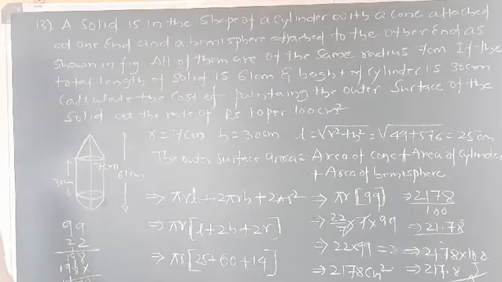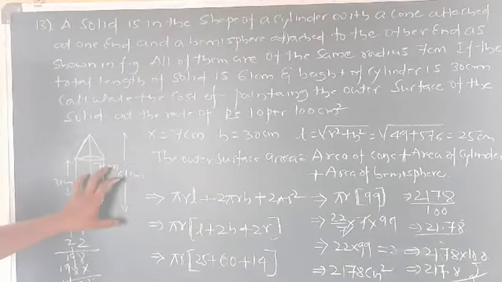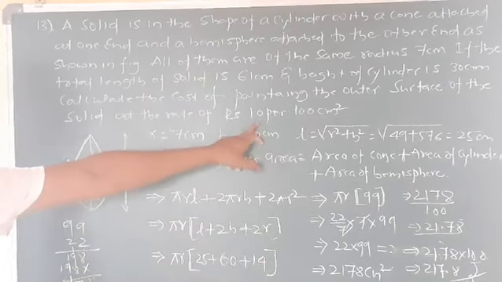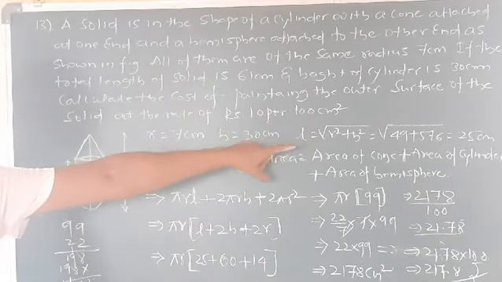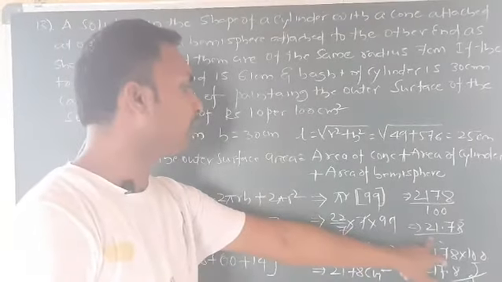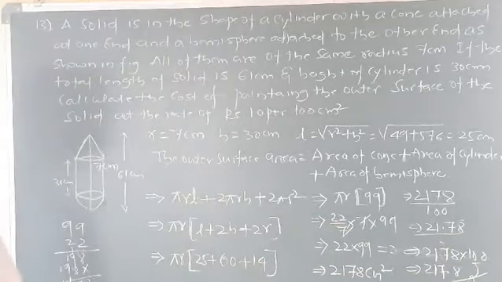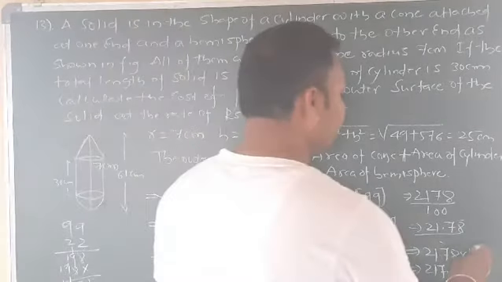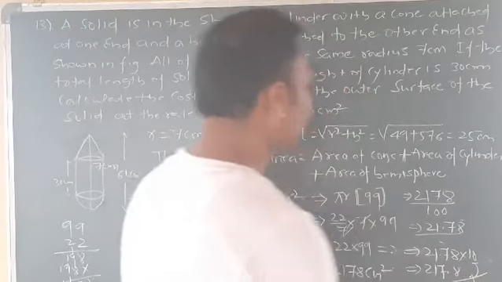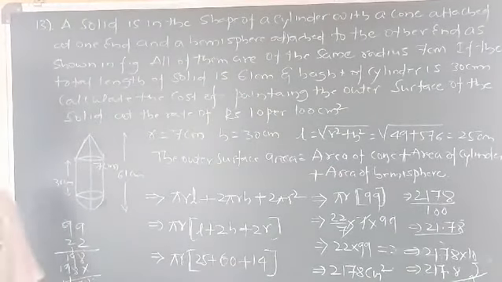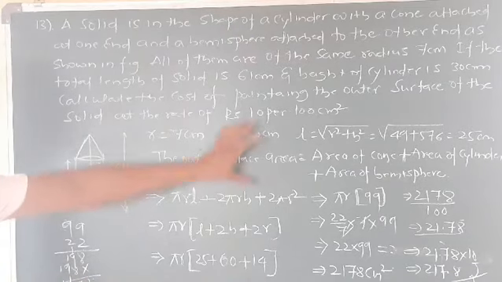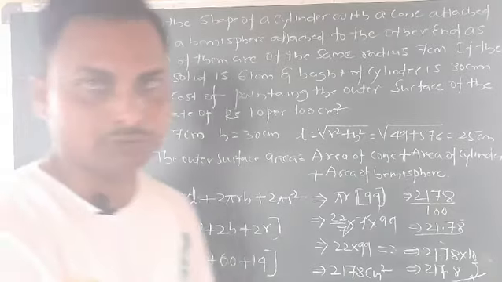So this is a very simple question. Here they have given this figure. For the outer surface area, we need to add these three parts, so we'll get one area. Again it is rupees 10 per 100 centimeter square, so per 100 we need to convert it. Once you convert it, 21.78 will get multiplied by 10 here, so 217.8 will come. So this is the final answer here. I hope you understood.